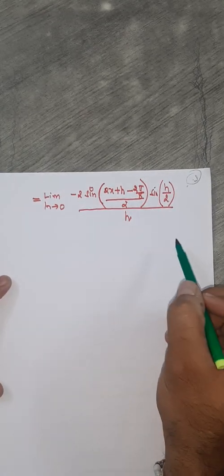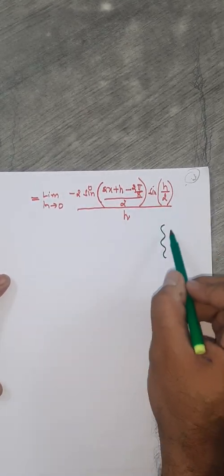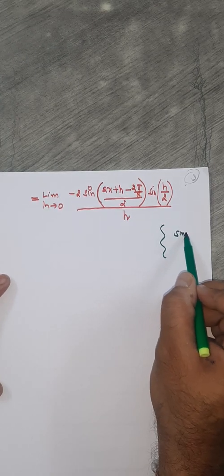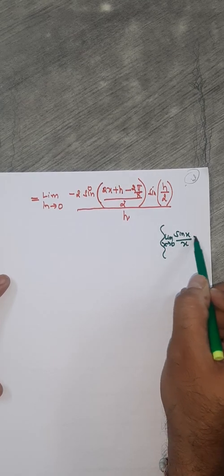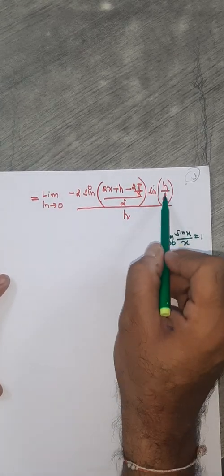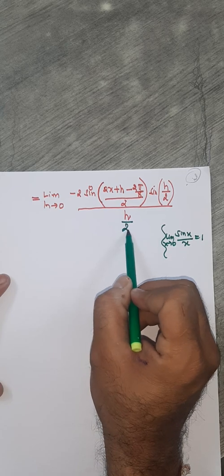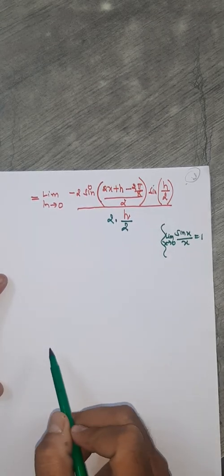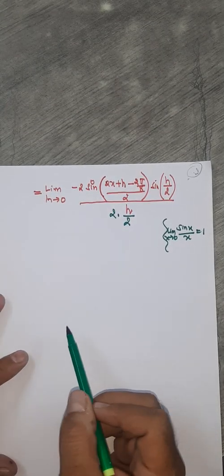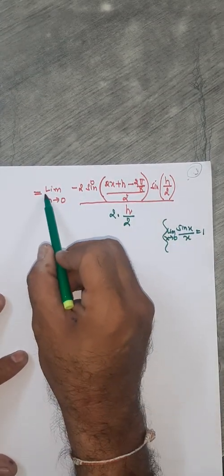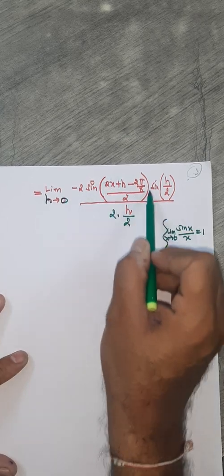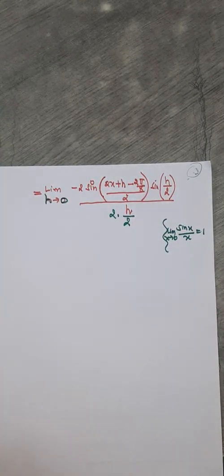Now, you know very well, in limit questions involving trig functions, you need to set sin x upon x, where limit x tends to 0, which is 1. Now here you have h by 2, so I must have by 2 into 2. This is a very commonly used technique in limit questions involving trig functions. Why no need to set for this? Because if you apply h tends to 0 here, this will not be 0, you can verify. So if you use this concept here,